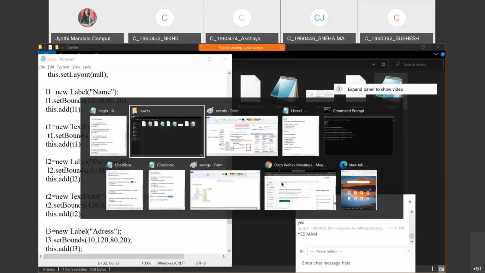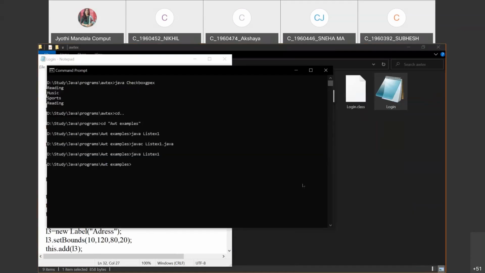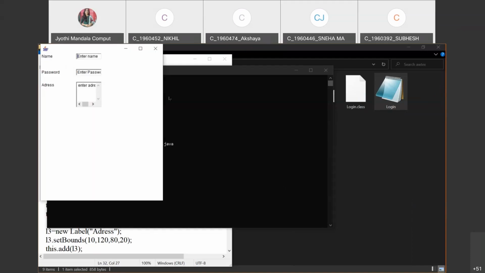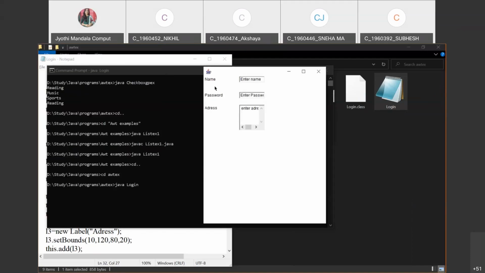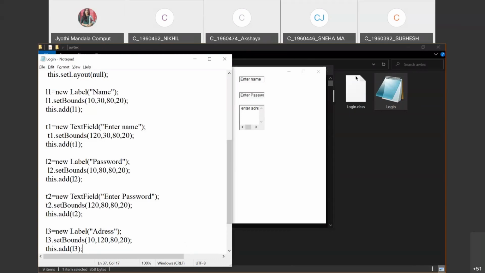So let me first show you the output so that you can understand. Can you see this output? Here what we are doing, I have created three labels and I have created two text boxes and one text area.